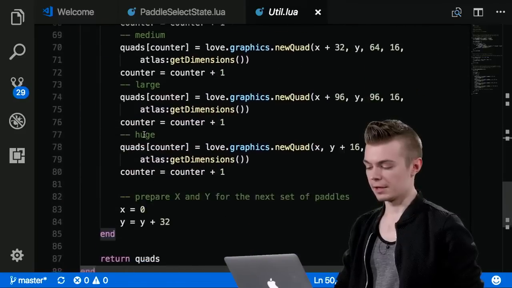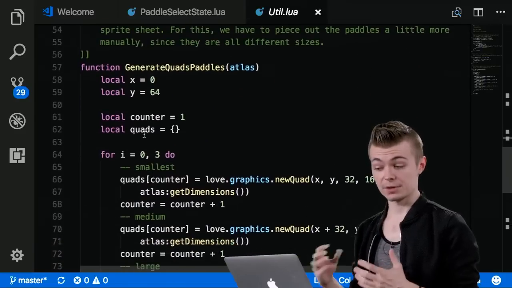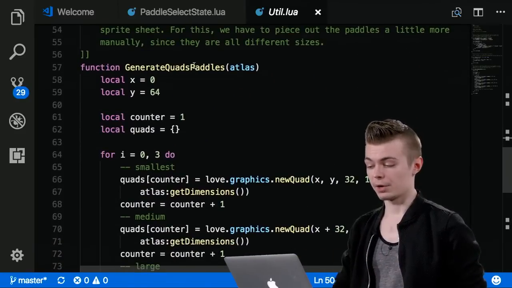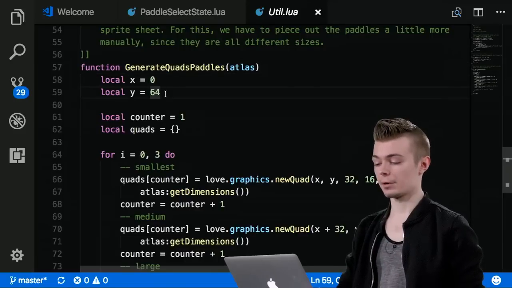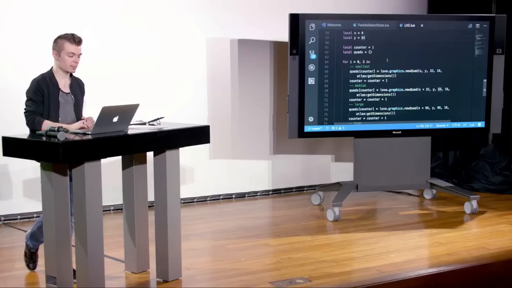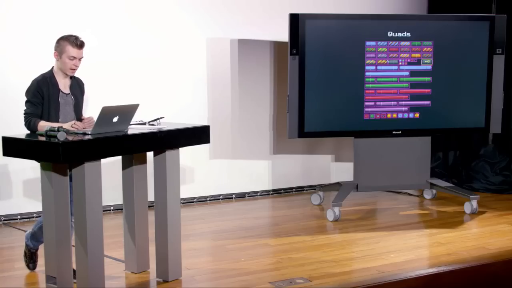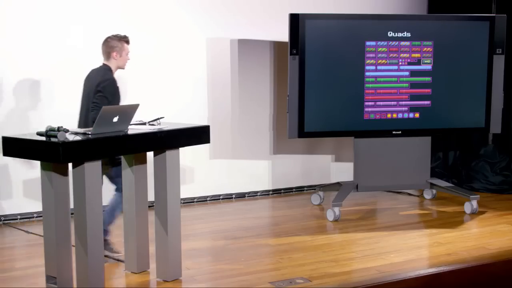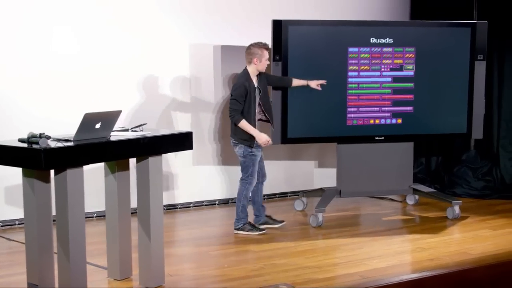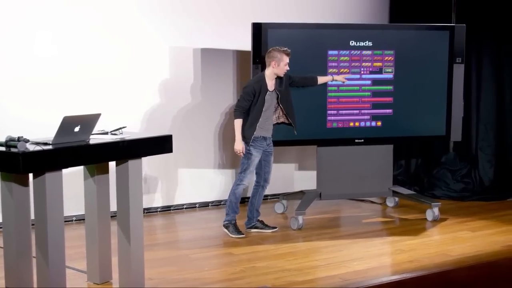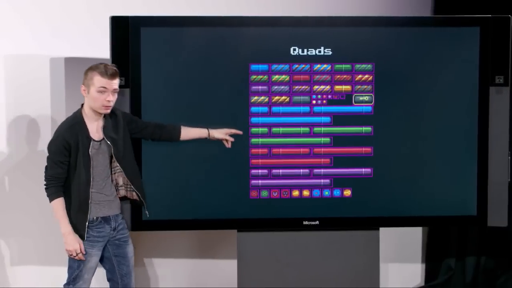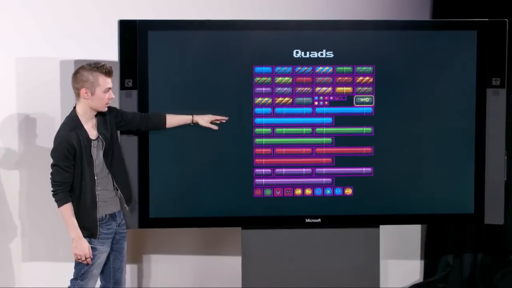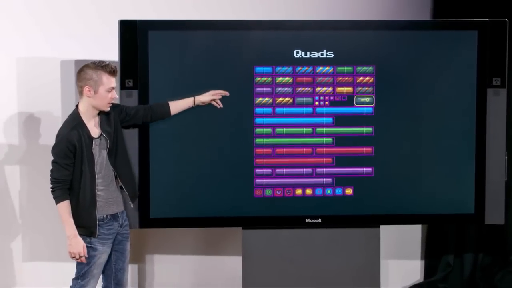And then the important function here that we're actually going to use in our application is to generate quads for paddles. This takes x and y, 0 and 64. If we look back at our paddles here, we can see that we have various different sizes. We have a small one, a medium one, a large one, and then a really large one. If we want to get every single paddle in our sprite sheet, small, medium, large, giant, notice that we